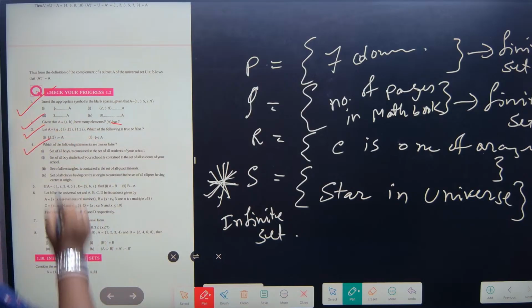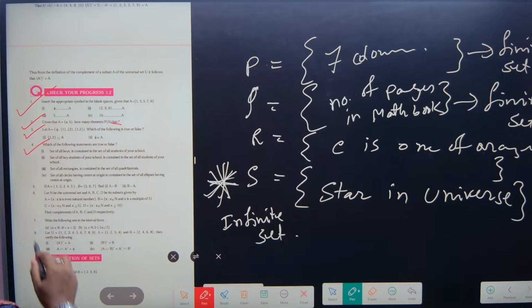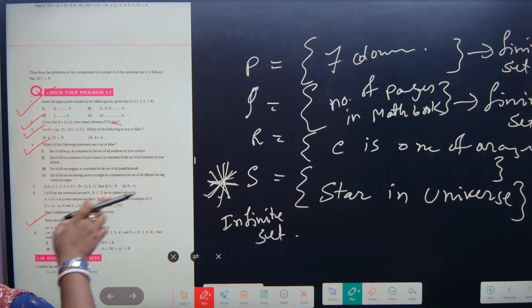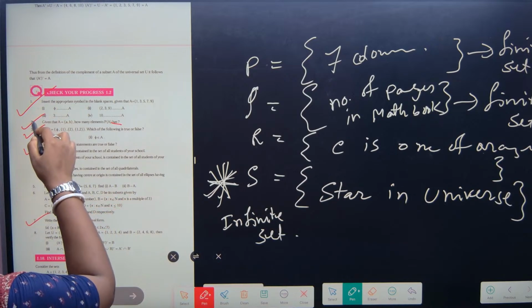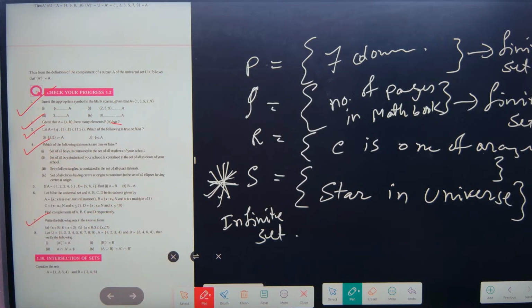We have already done this. Write the intervals. Do all these 5 questions. And universal set, find a universal set. Next day we will do